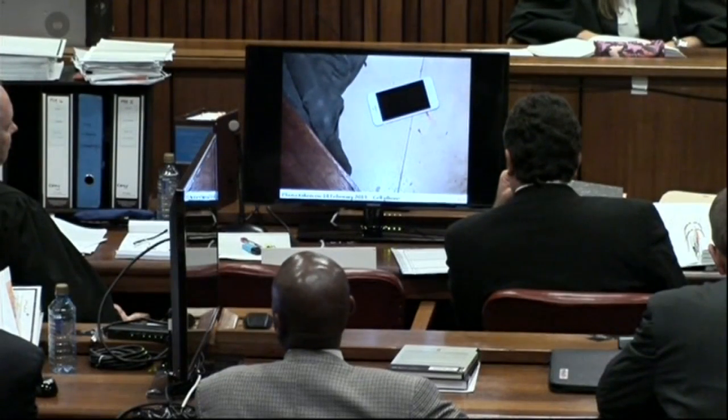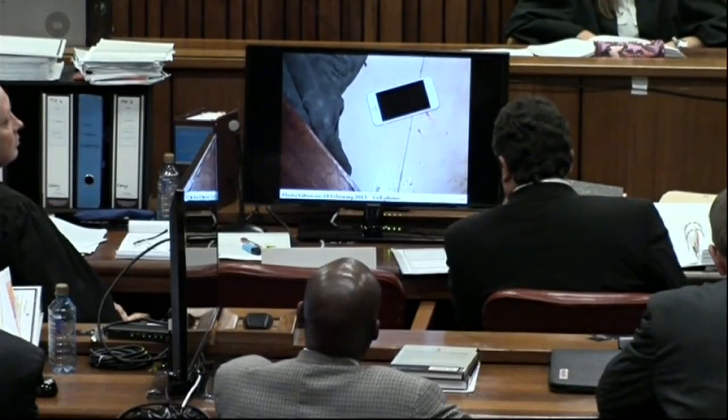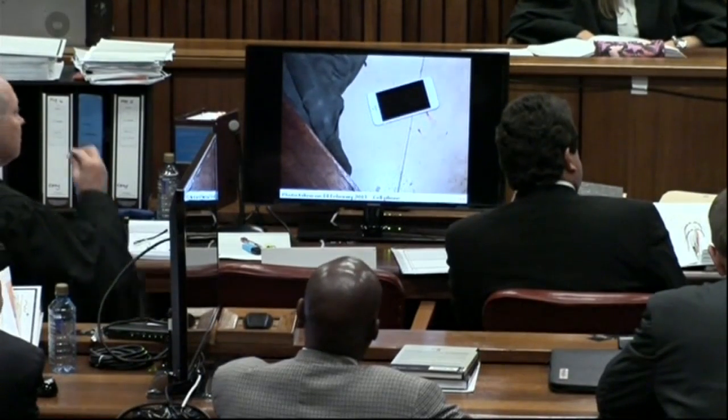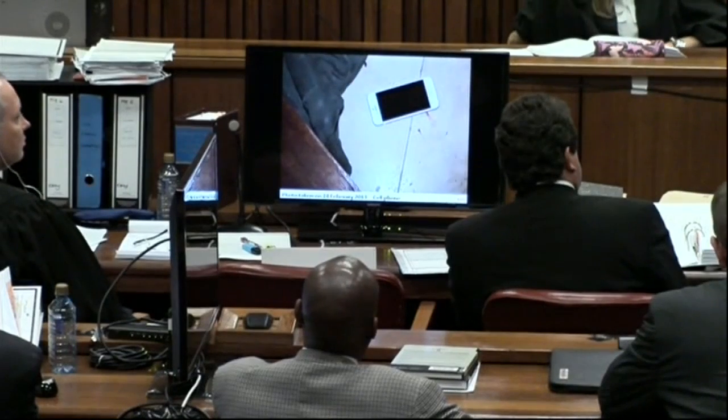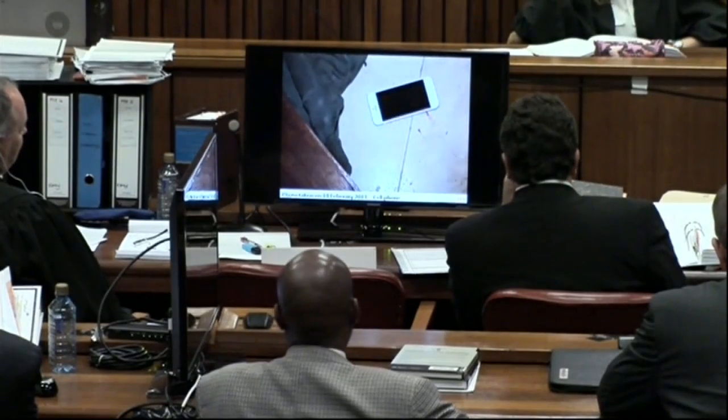Help me, what is it that the photo portrays? And what should it portray? The first entering of the scene, the cell phone was covered with that towel, or it was not visible like this. But we received the photos of a cell phone lying in the open. That was not the observation. It was put there for purposes of a photo. Not so?